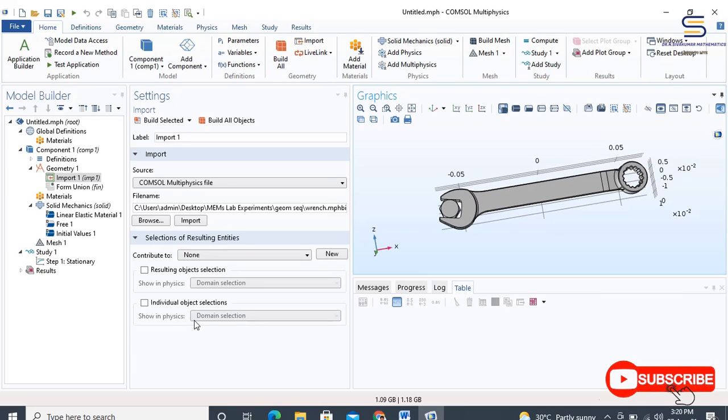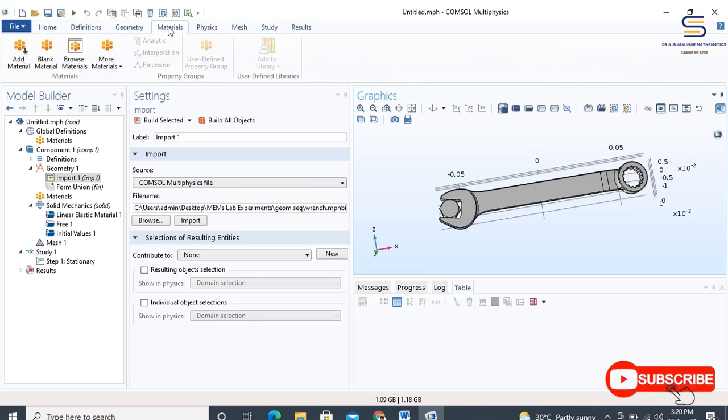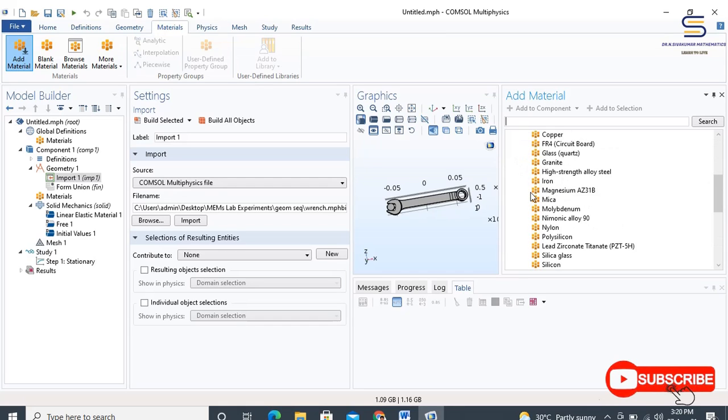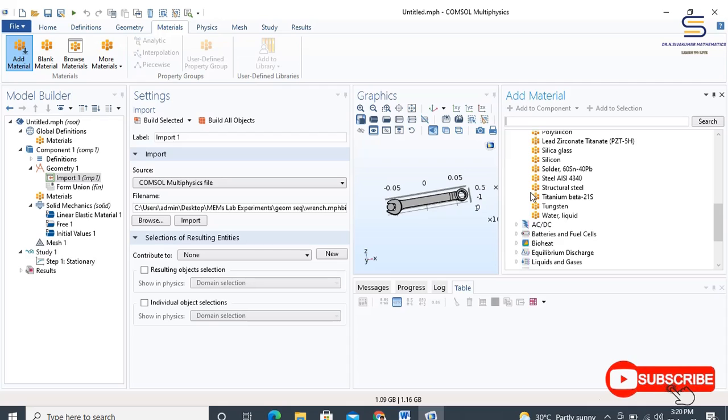Now let us add a material to this wrench. Go to the materials toolbar and then click add materials. In the add material section, you can choose built-in materials. In the built-in materials, let us choose structural steel by double clicking on it.